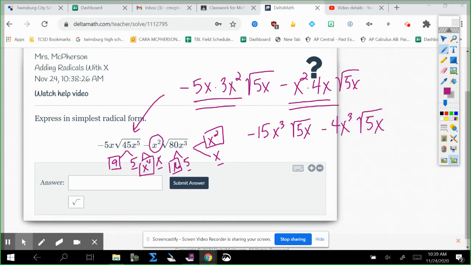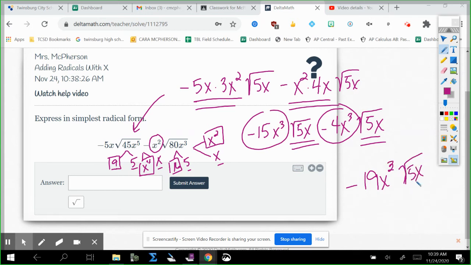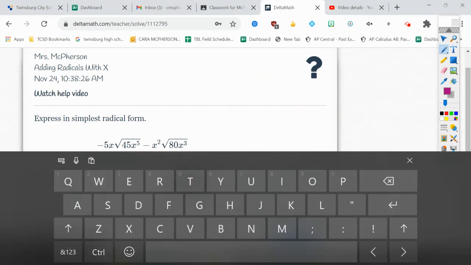Now, after all that work, I am left with like radicals. So now I have coefficients that I can add in the beginning. So I have a negative 15x cubed minus 4x cubed, which is a negative 19x cubed, square root of 5x. So I'm going to write in my screen negative 19x cubed square root of 5x. So I'm going to type in